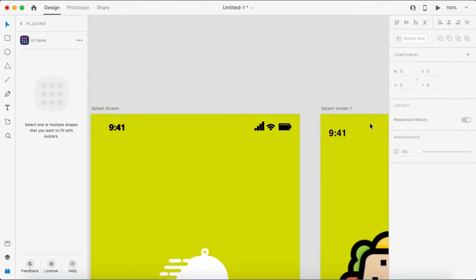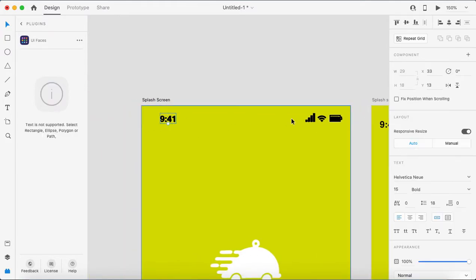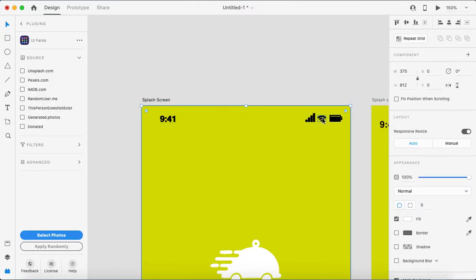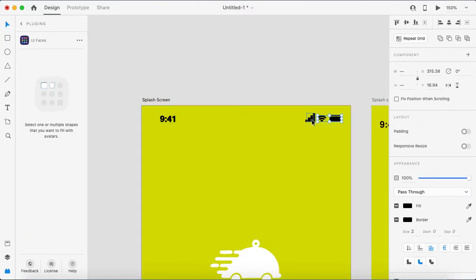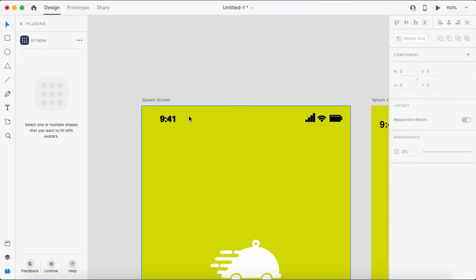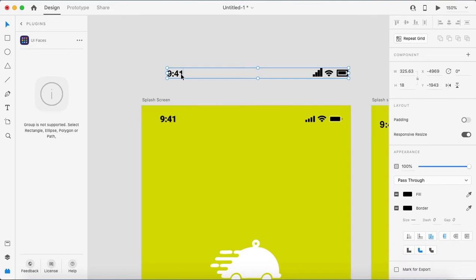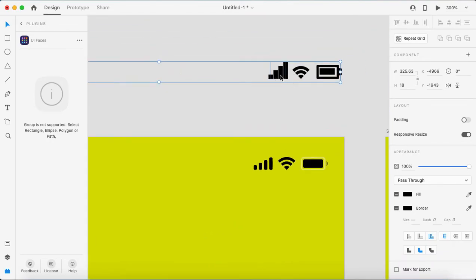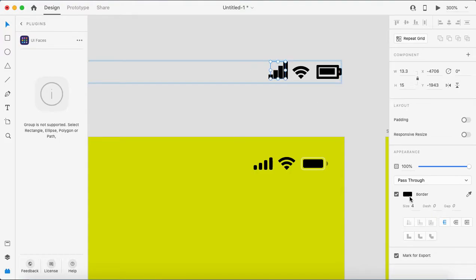Okay, this is done. Now I'll select all these elements, this one, and hit Control G. I'll make it a group, so I can use it anywhere I want. Now let's see. This is showing a little bit more thick. Make it 3. Perfect.